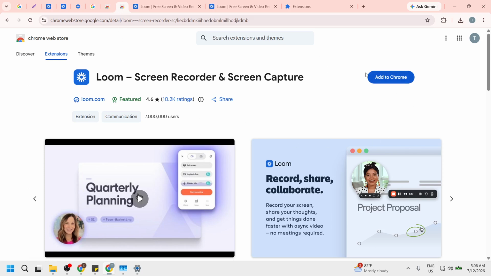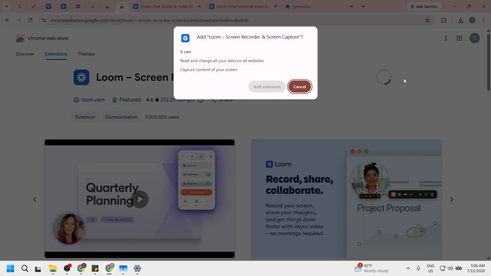Finally, click Get or Install. This last step will initiate the installation process of the Loom extension again. By reinstalling, you will be equipped with a fresh version of Loom, which should resolve any previous issues. You will see a confirmation that the installation is complete and your Loom extension is now ready to use.